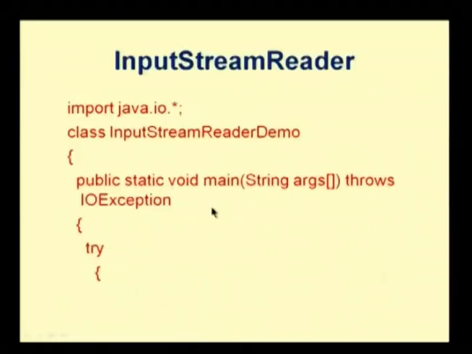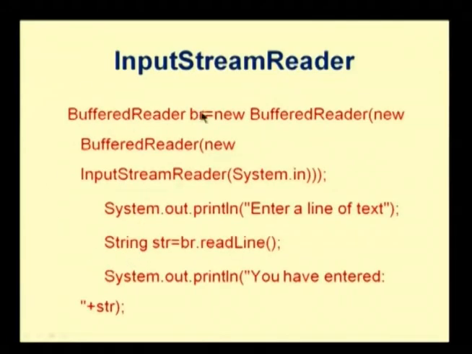Now here you can see the demo program. Here we have a main method. We have a BufferedReader for which a new InputStreamReader is given as a parameter. You can see that here we do not have any instance being created with a particular object name. Whenever I say new InputStreamReader, it means that a new object of the InputStreamReader is created and then it is given as a parameter.